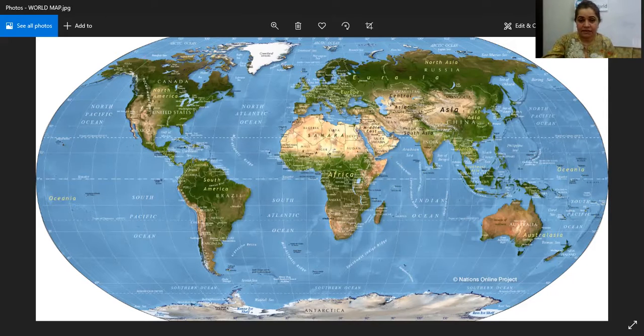Now have a look at this. This is Africa. Now, Africa has all these wild animals because Africa has so many jungles. As I told you, people still live in the rural areas rather than the cities. So that means there are a lot and a lot of jungles over there. So if it's a jungle, you can see rhinos over there, giraffes, elephants and lions and zebras and crocodiles and hippopotamus and leopards.